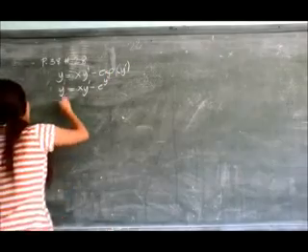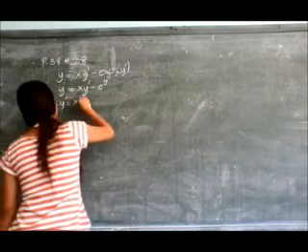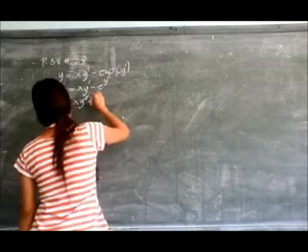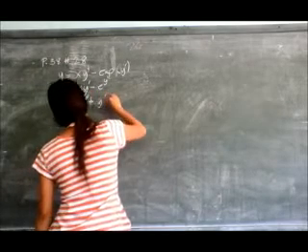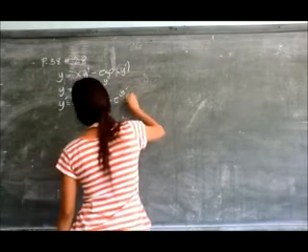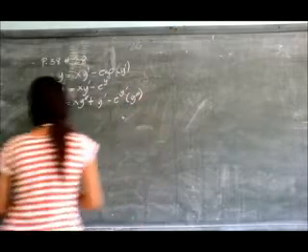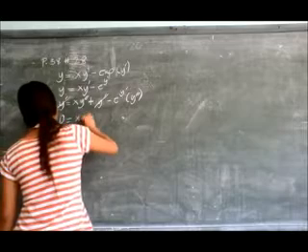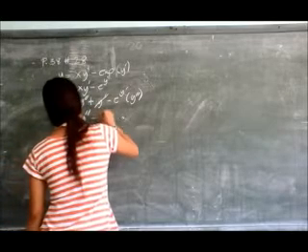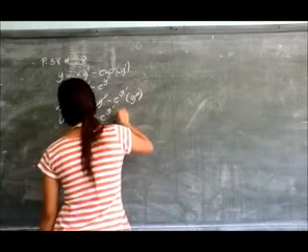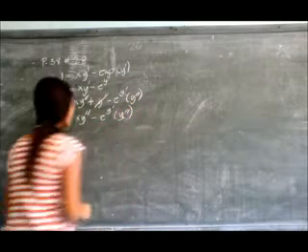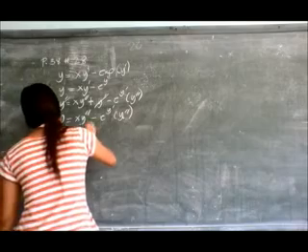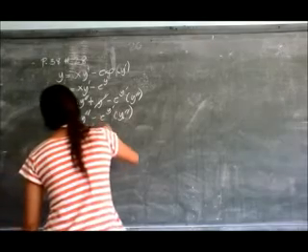So we got y prime equal to x times y double prime plus y prime minus e to the y prime times y double prime. So we can cancel out y prime. We get 0 plus x times y double prime minus e to the y prime times y double prime. We can factor out y double prime from this equation. So we get 0 plus y double prime times x minus e to the y prime.